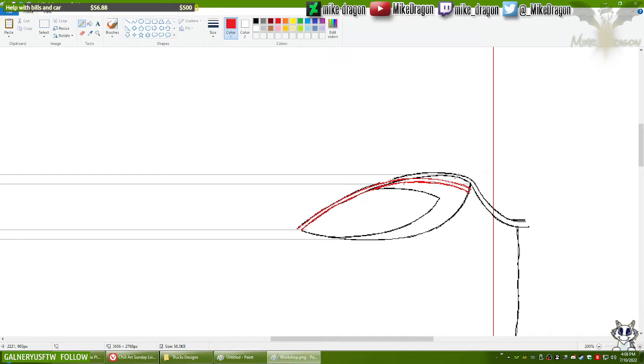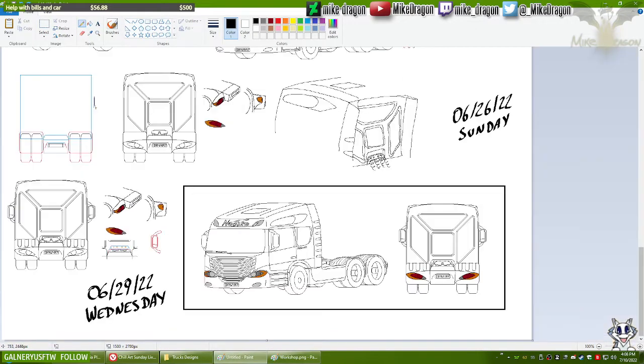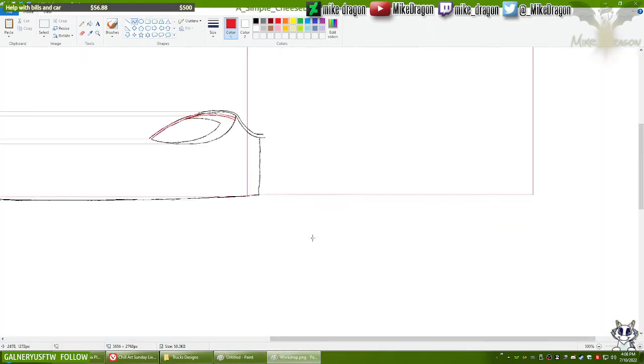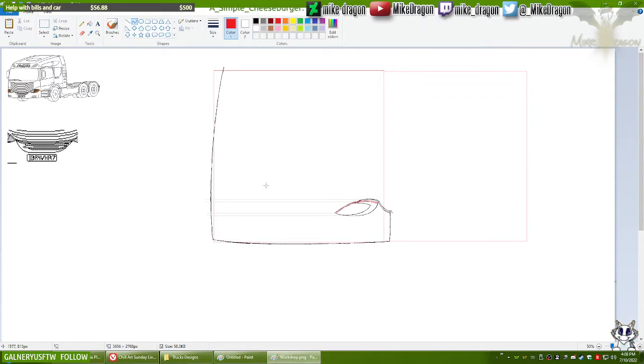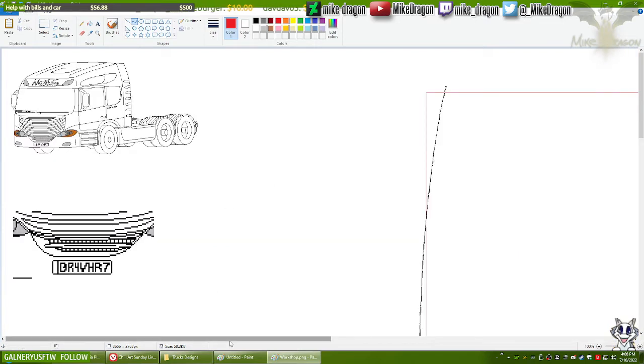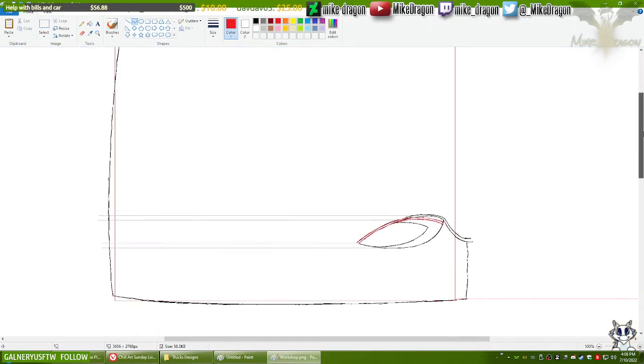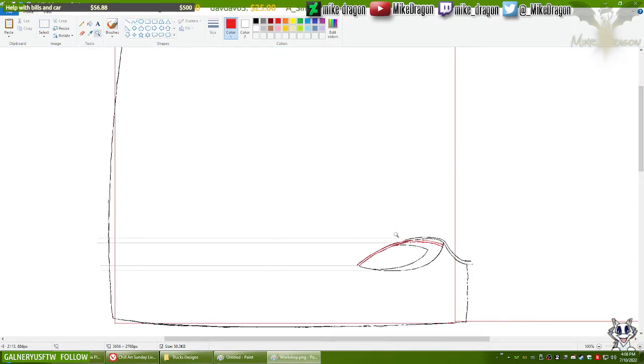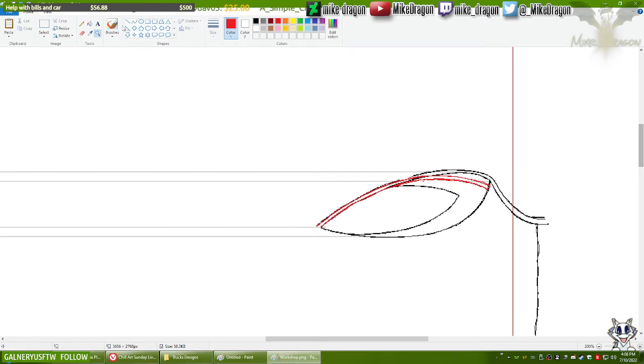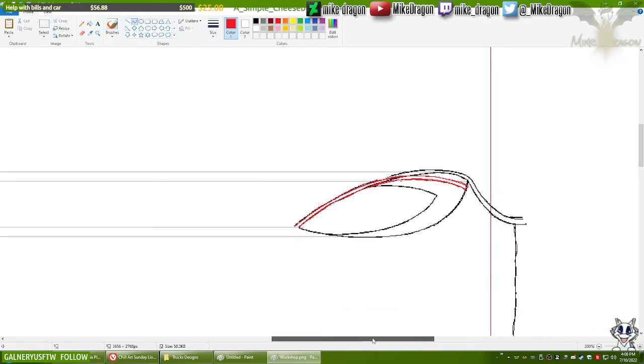Today, pianist, I am finally doing the sketch for a truck design that I made up. And this is the truck. This here is actually just the doodle of the truck. I am now turning this into a sketch, which I will then turn into a full thing. I'm going to make the final line art with vectors. It's going to be high resolution, all very nice. I'm just not entirely sure if I'm going to color this thing. Probably will, most likely will, but that is not exactly the plan right now. So yeah, that's what I'm doing.